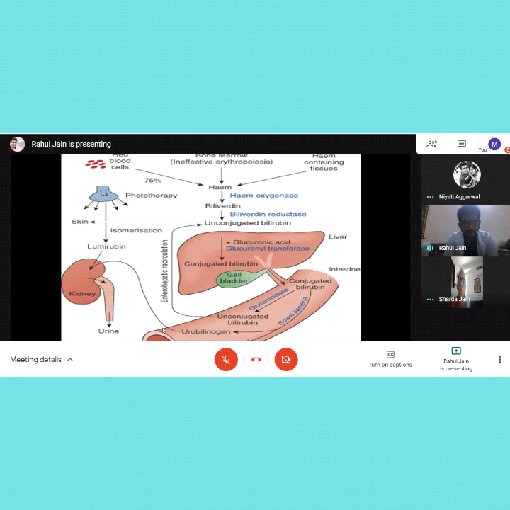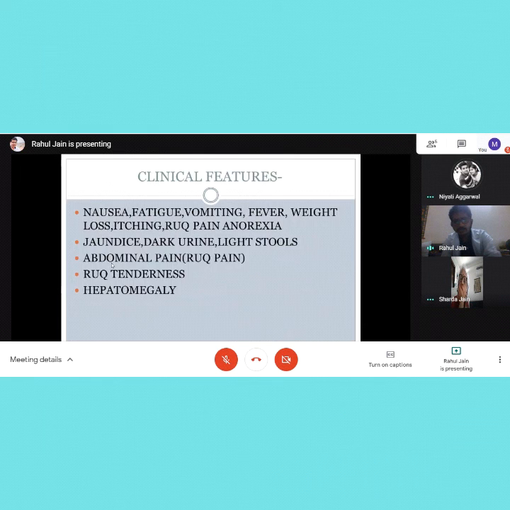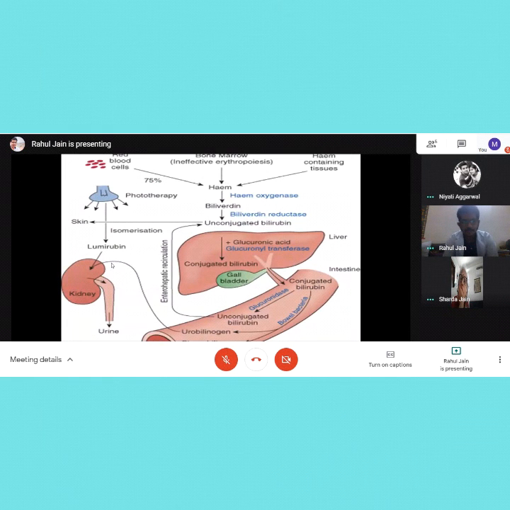One more point here: whenever there is acute inflammation in the liver, there is hepatitis. The ability of the liver to excrete conjugated bilirubin into the small intestine gets really affected, and this conjugated bilirubin gets absorbed into the blood itself and does not get excreted. That's why this conjugated bilirubin will go to the kidney and make the urine dark, and will not get excreted into the intestine and make the stools light. That's why we have dark urine, light stools, and this jaundice which will also bind to tissues wherever there is elastin, so the skin and the sclera. So there is yellowing of the eyes.